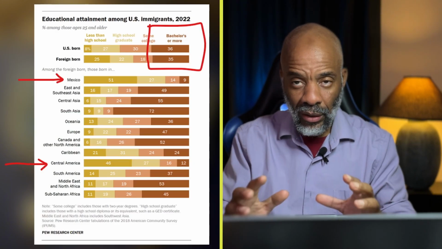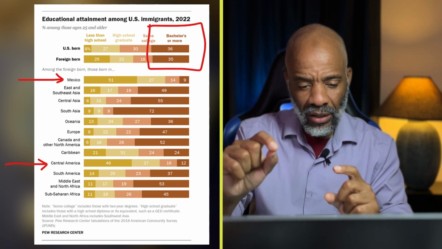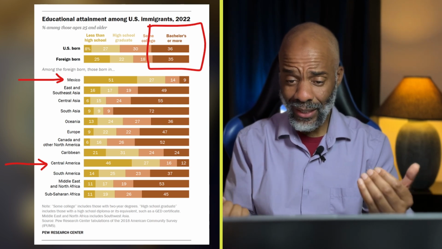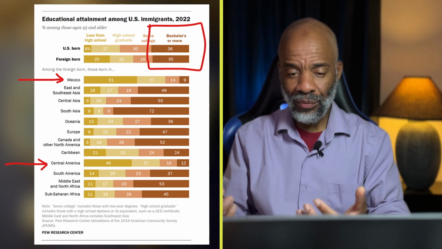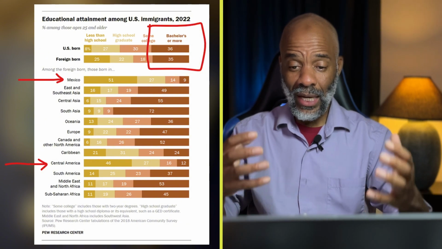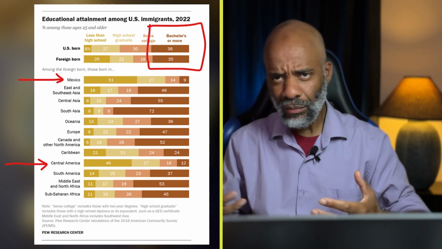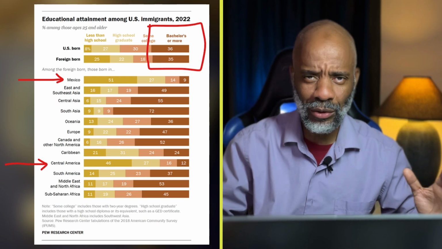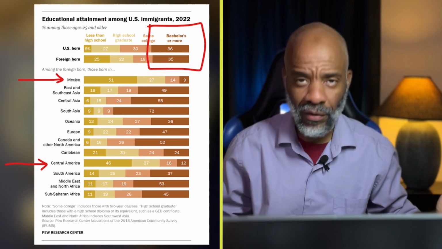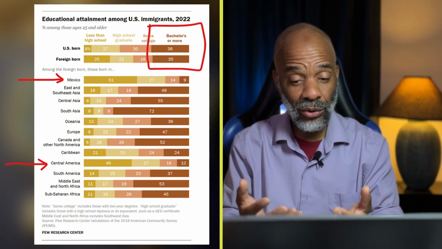So, a couple of things that I think are important. I already talked about Mexico. Let me come to that in a minute, but the red box above, I think, is also interesting. I thought it was an interesting number. Look at that. People with a bachelor's degree or more, the immigrants who are coming in, the foreign-born population, is comparable to the U.S.-born, which I thought was interesting. You would think that people are coming to America, America has all these opportunities, and you would think that the majority of Americans would have a bachelor's degree or more, but no, it's comparable to the people coming in.